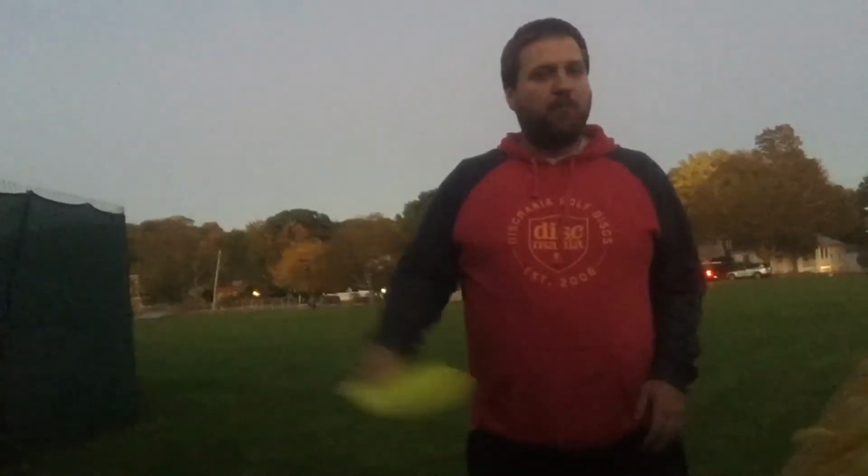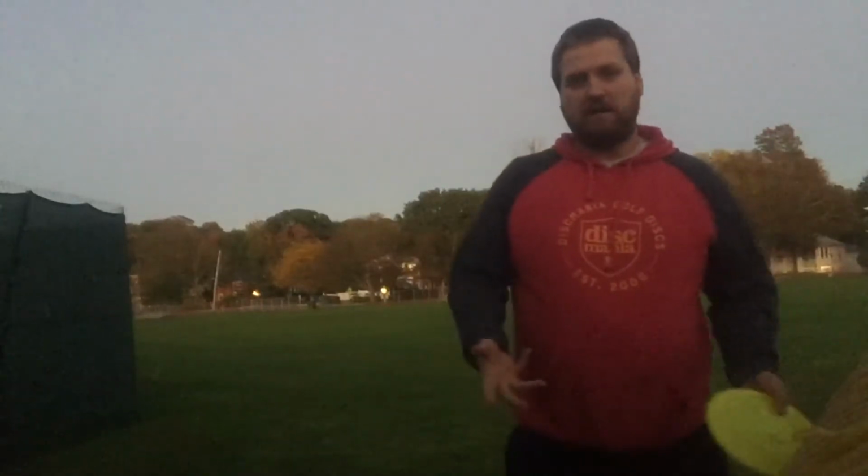There's something about the G-Line that I know most people don't like, but for me, I actually really like it because it feels great, and out of my hands, I get a consistent release. And that's important. If you want a consistent release, you shouldn't be trying to throw plastic that just doesn't feel right. That's step A. And for me, this one's still stable, so it allowed me to shoot